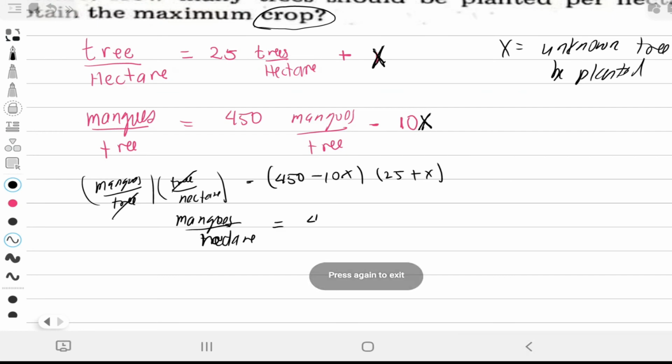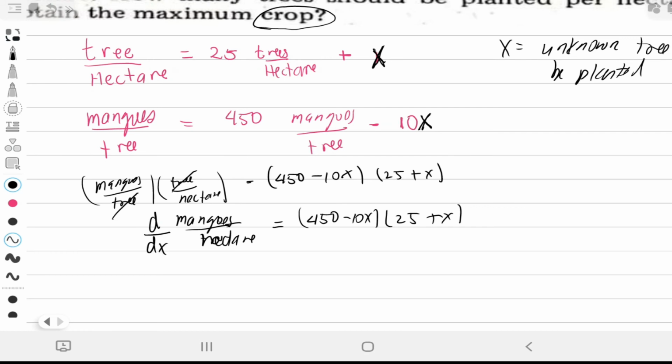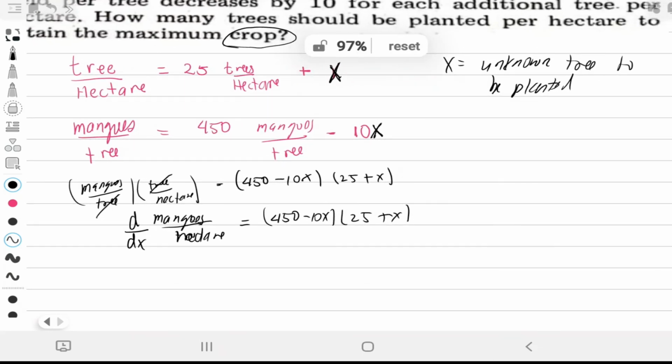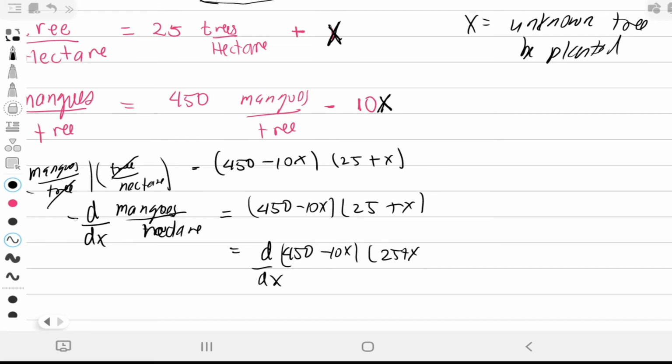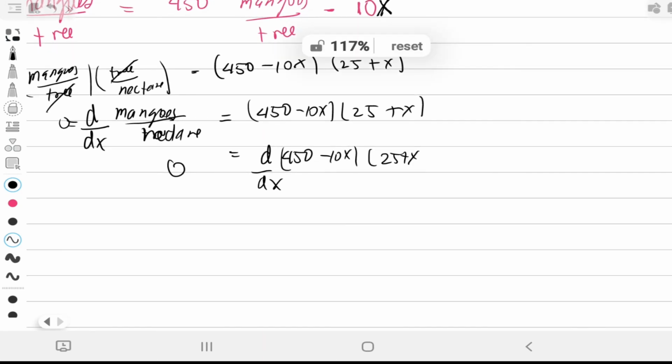So the yield is equal to (450 less 10x) multiplied by (25 plus x). So when we take the derivative of this, the derivative of the mangoes with respect to x, wherein our x is the unknown additional trees, therefore we will have a value equal to the derivative of (450 minus 10x) multiplied by (25 plus x) with respect to x. So setting this equal to 0,